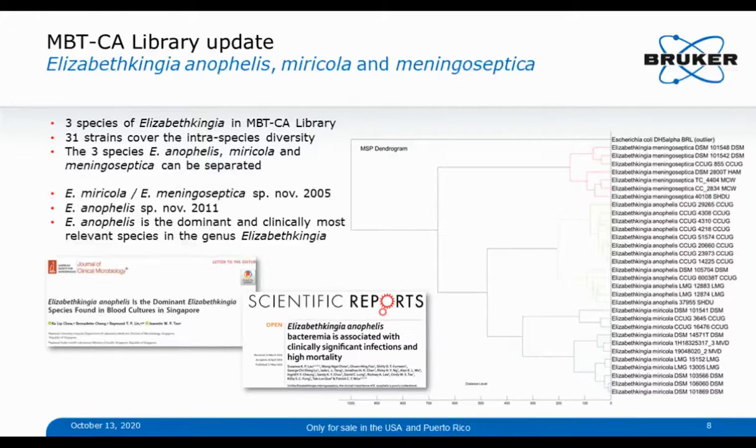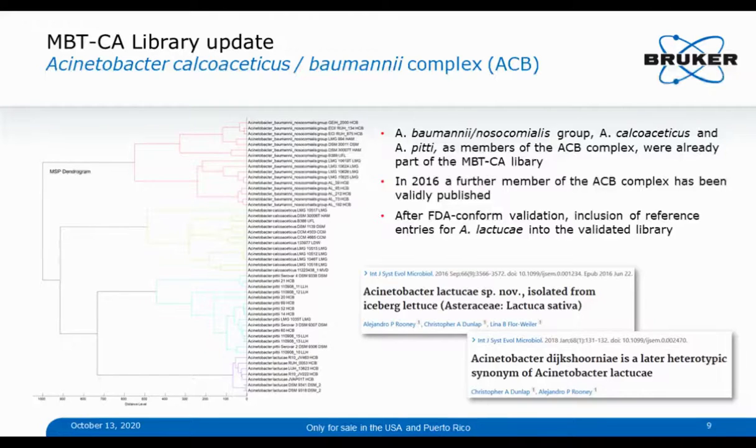We have investigated that thoroughly, added a number of strains and now cover this species diversity and species differentiation very well, and have them in the MALDI Biotyper CA database, including very thorough validation. Also for Acinetobacter, we added a further species, which is now part of the Acinetobacter baumannii complex. This was formerly called Acinetobacter seifertii, which was found in the end to be the same as Acinetobacter lactucae that has been defined earlier, and also now is part of the complex and can be nicely differentiated from the other